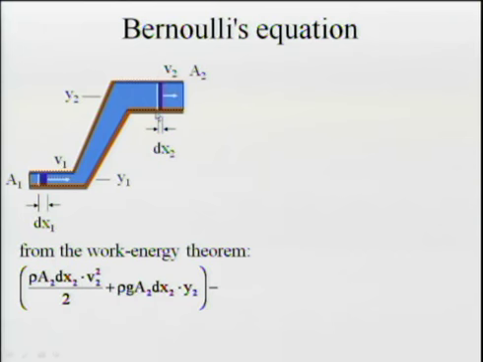Cross-sectional area times this distance gives me the volume of those particles. This is the volume of those particles. I multiply it by the density of the fluid over here. So this gives me the mass of that fluid over there. I wrote an expression for the speed over here, and divide by 2. So this is the kinetic energy of those particles over there. Can you see that?